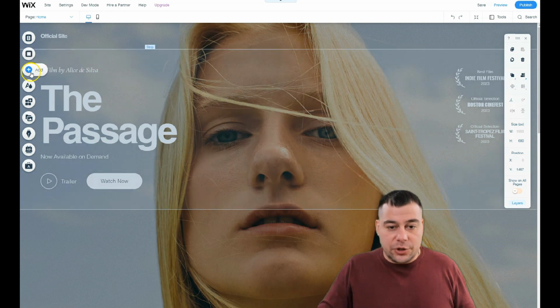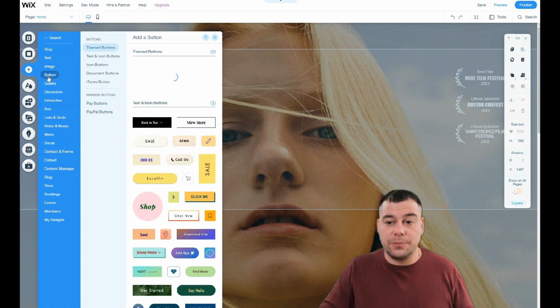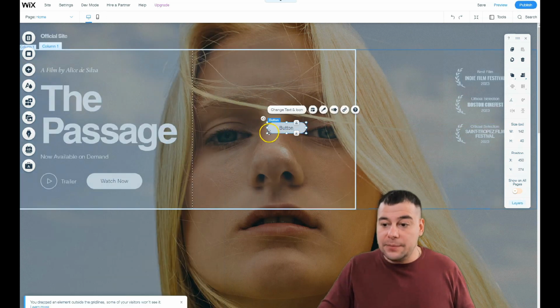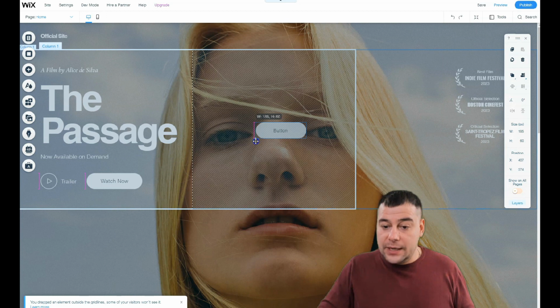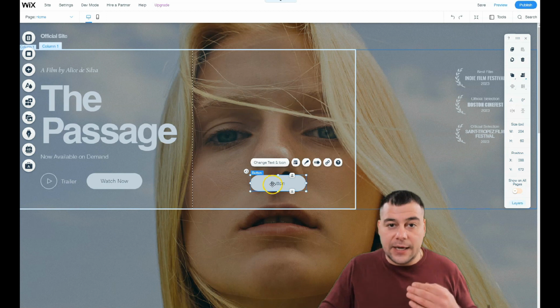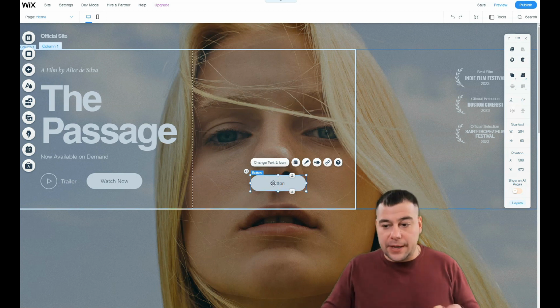Now, I showed you how to add strips, how to add things, but let's add a button, for example, because this is one of the most important things that you can add to your page. Why? Because when somebody visits your site, definitely you're interested to